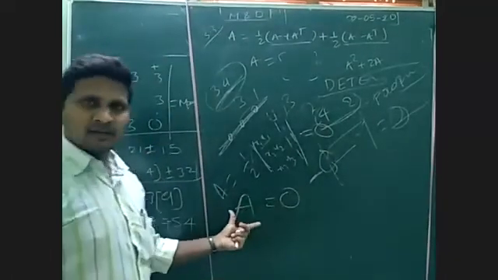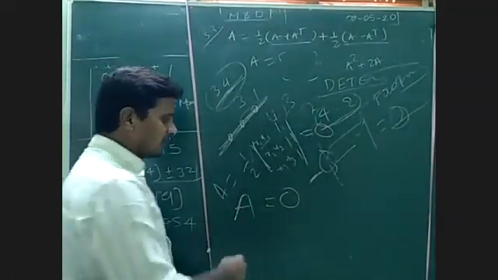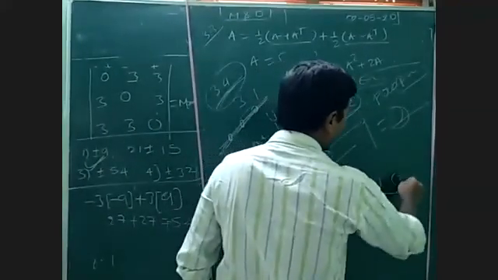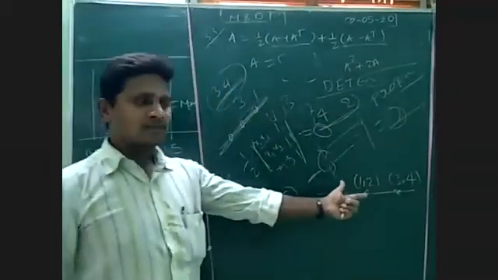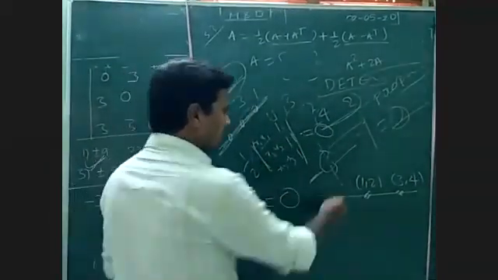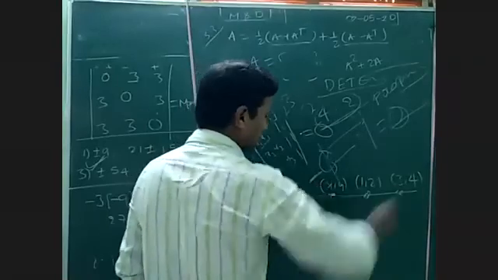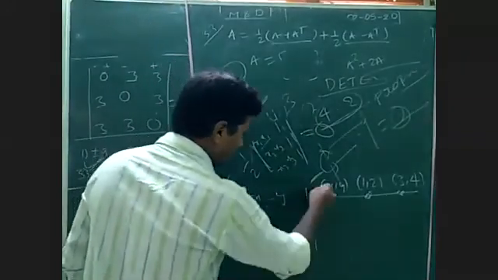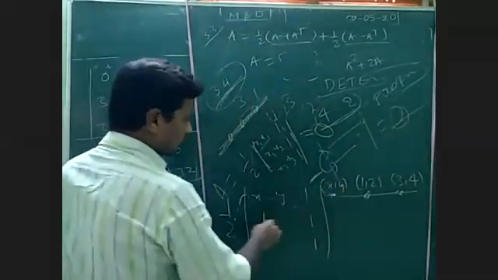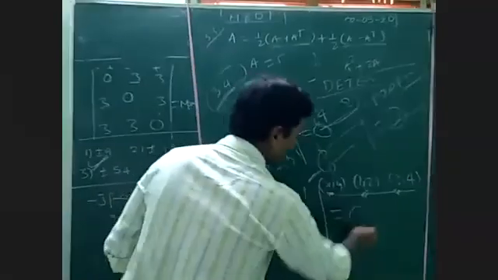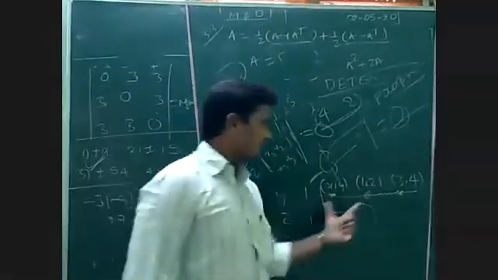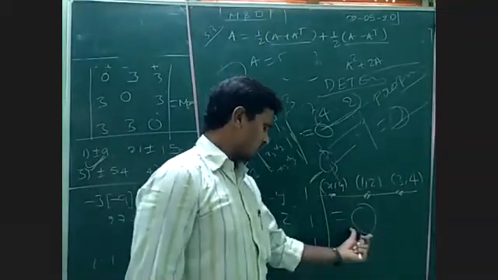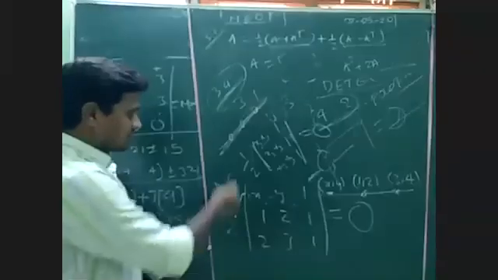So this is the second concept in 4.3, and we need to find the equation of a line when 2 points are given, like 1, 2 and 3, 4. Two points are given, and we need to find the line equation. I take another point x, y on the same line. Again, I substitute here x, y, 1, and the other rows with 1 as the third term. The remaining 2 points I replace here, and I set the equation to 0, because all 3 points are on the same line. Same line means there is no area for the triangle. The area of the triangle becomes 0. This is the third concept in 4.3.